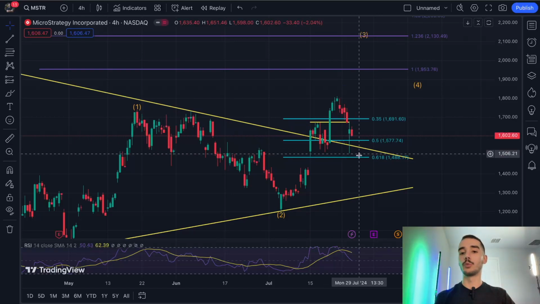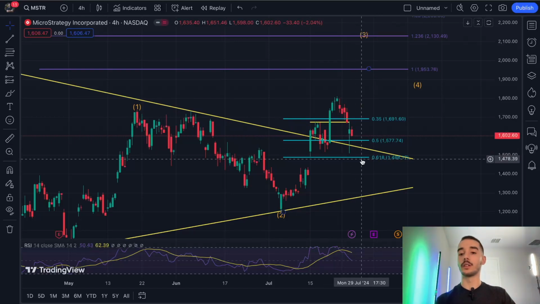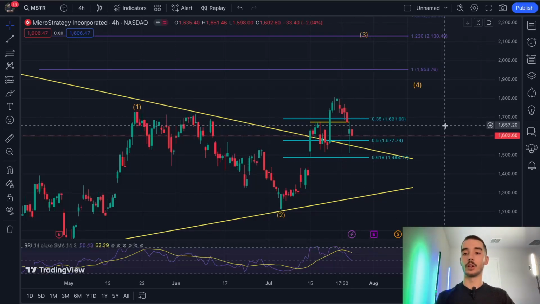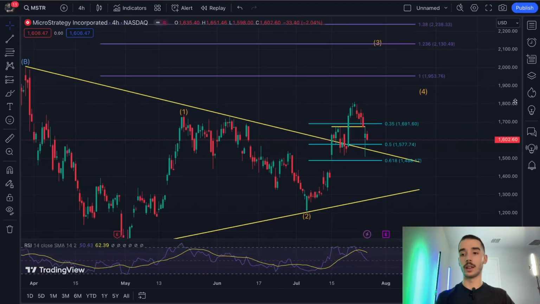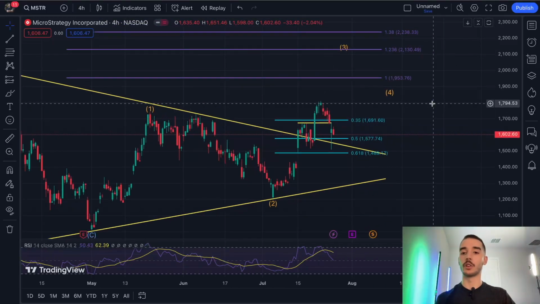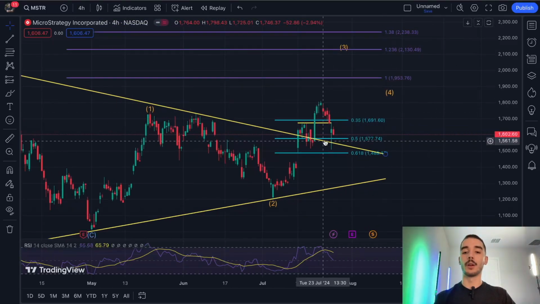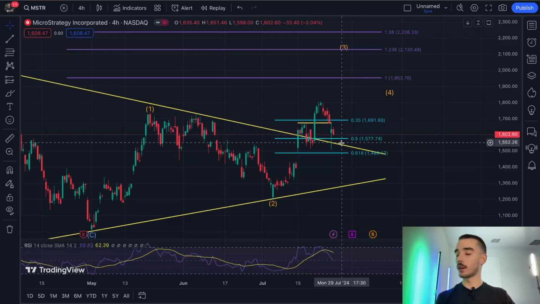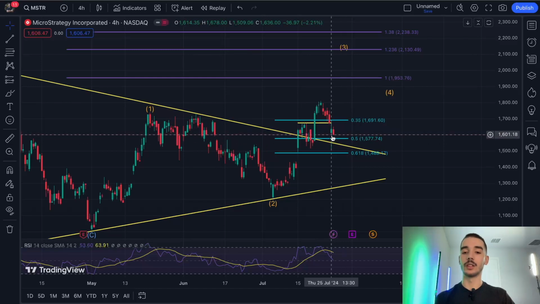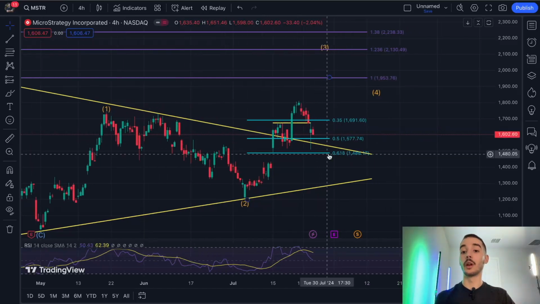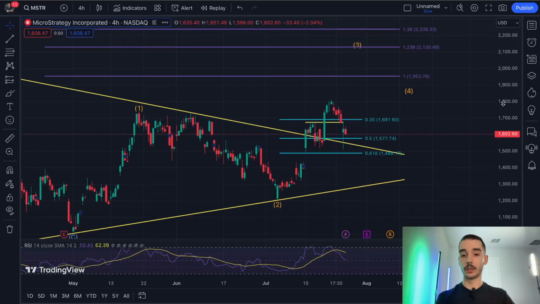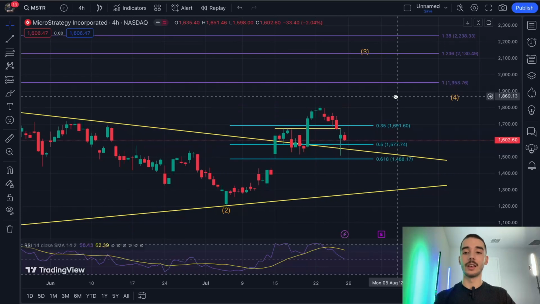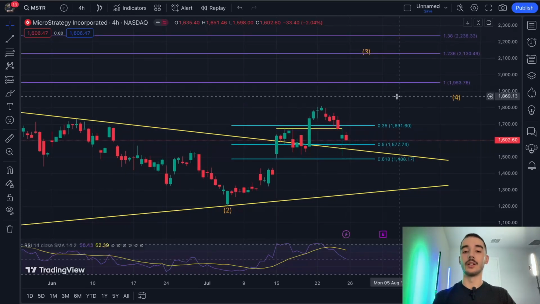Of course, if we do break lower, there's stop losses to prevent us from losing any further monies, if something crazy were to happen with the stock, or something crazy happens in the world that causes bearishness all across the market. But yeah, I'm looking at bullish momentum from here. I'll be very, very surprised if we see a break below this blue area, since we're still in that estimated 3rd wave. But this is how I like to trade, and I hope no one is blindly following my trades,